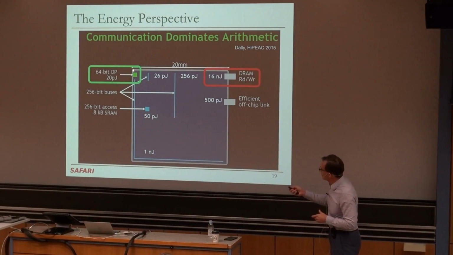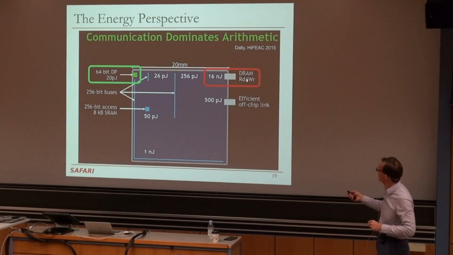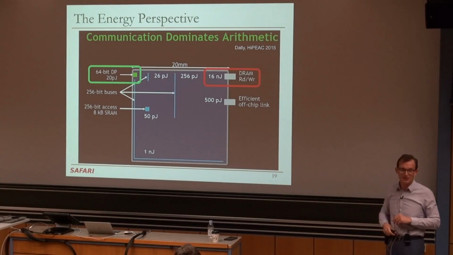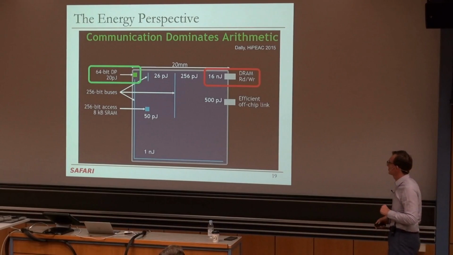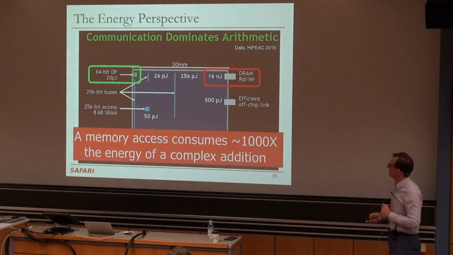And if you look over here, there's some other interesting data. Going from one part of the chip to another part of the chip for a large chip, as you can see, 400 millimeters square, is about 1 nanojoule. Still about 16x difference in that case. One order of magnitude. So going off chip is not good. Okay.